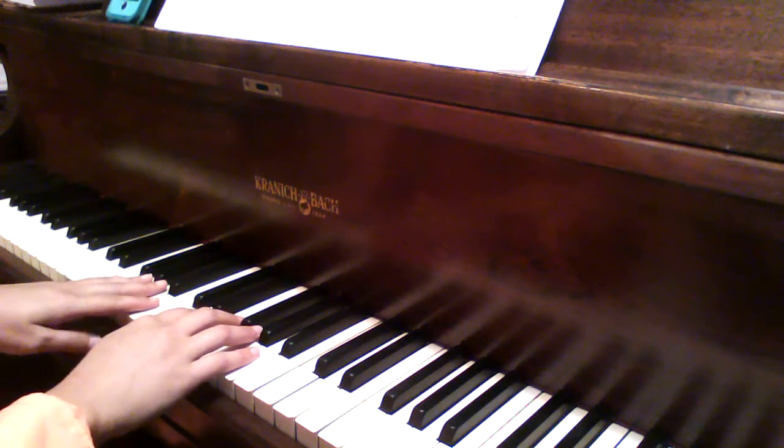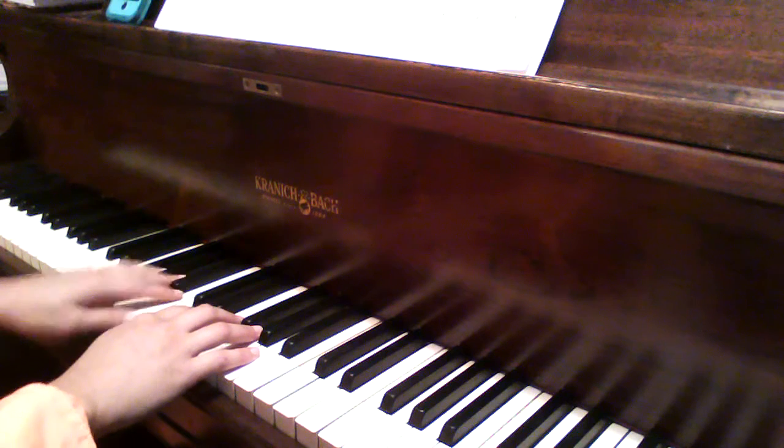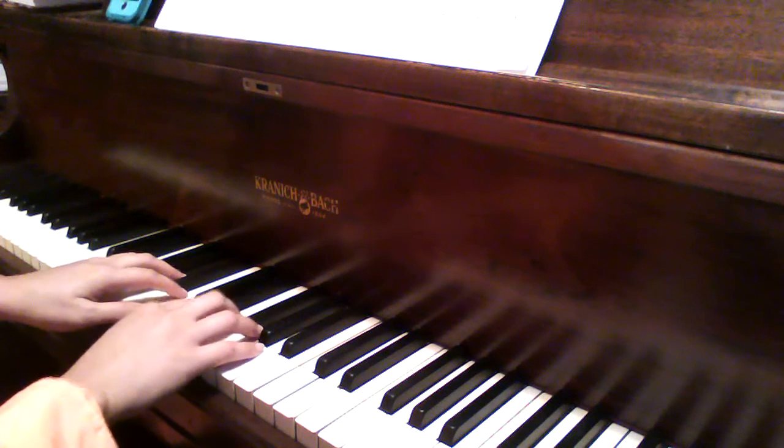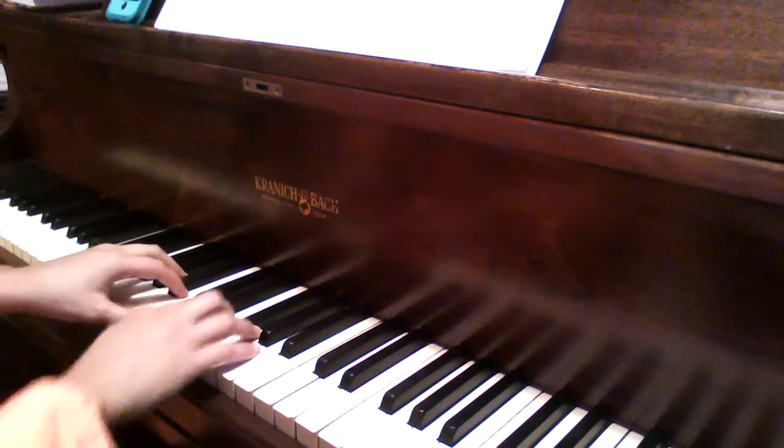You're going to want to watch out for the half notes on your first line. Make sure that they're getting held. 2, 3, half note,